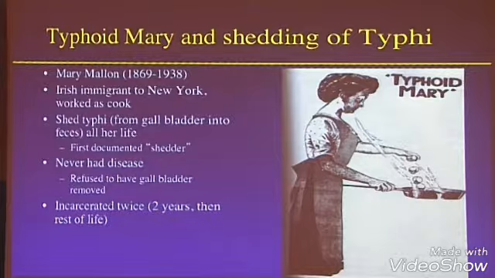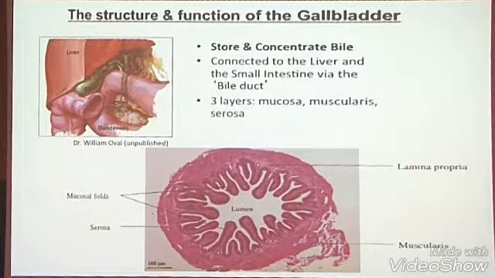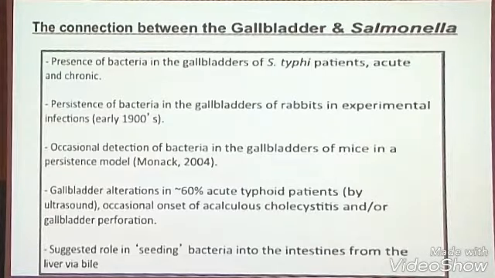And the question is, well, how does she shed typhi? Well, it's shed out of the gallbladder. And the gallbladder is basically between the liver and the intestine. It's where bile salts are concentrated, and it's really a little sac. There's a cross-section through it here that's full of bile. And then when you eat, bile is delivered down the bile duct into the intestine, and it basically aids in digestion. So it's a little sac that stores bile. It's also thought to be where Salmonella can hang out and basically cause this carrier status.